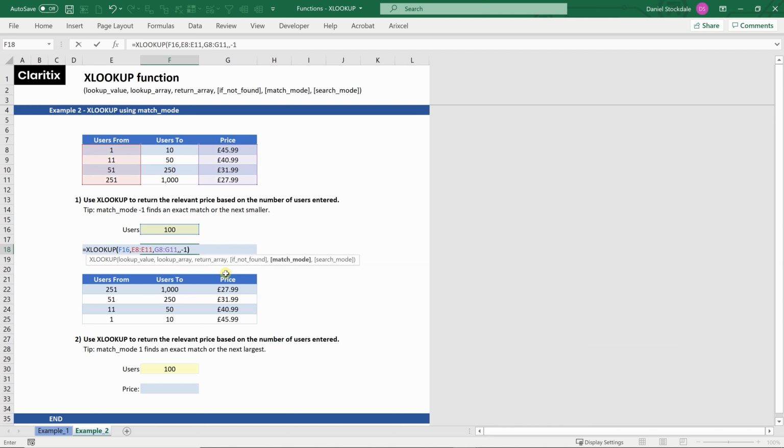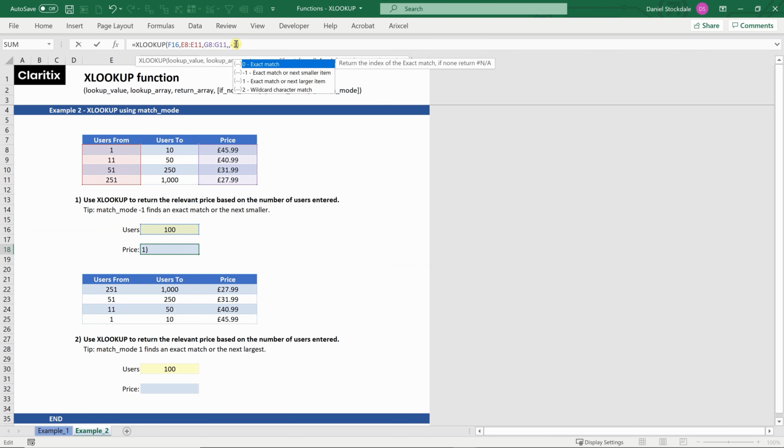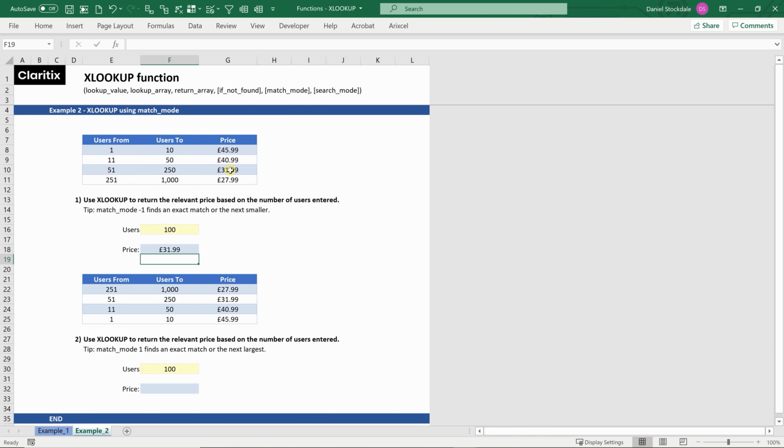If I close the bracket and press enter, then this match mode, -1, is exact match or next smaller item. So with this 100, there's no exact match, but the next smallest item is the 51. And so that's the range, the 51 to 250 that we're interested in. And so it returns that price.